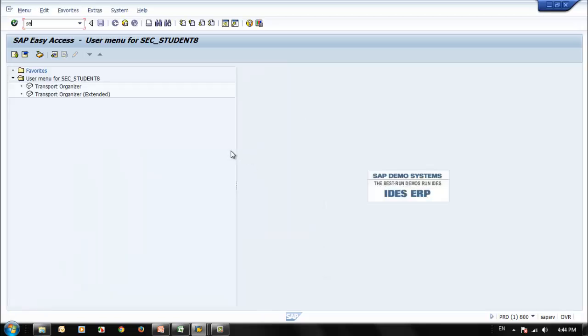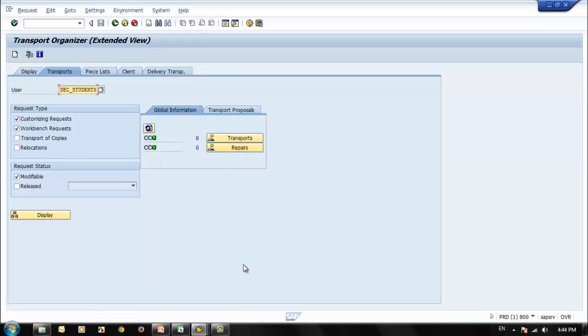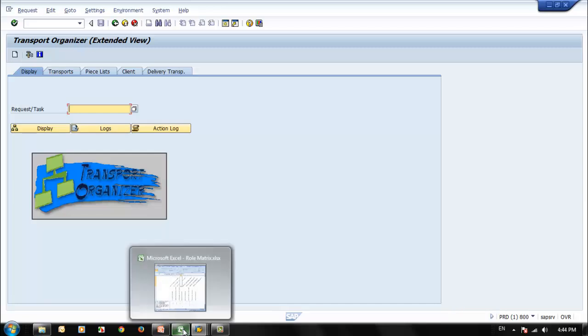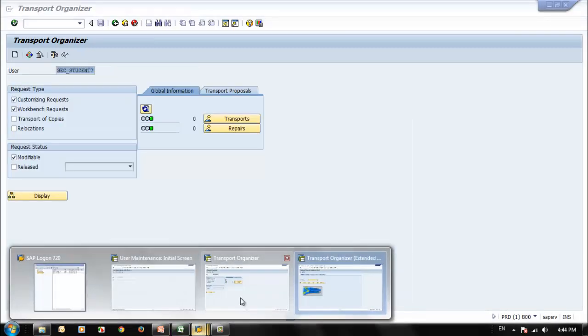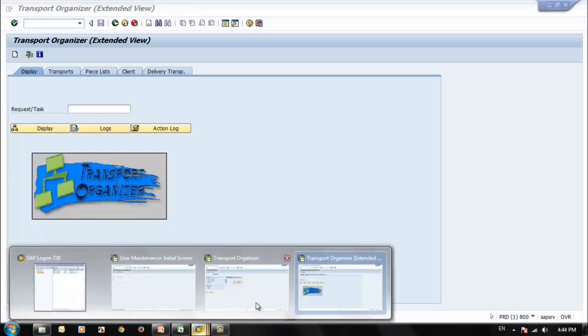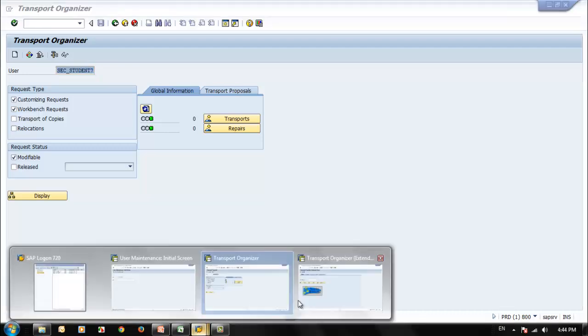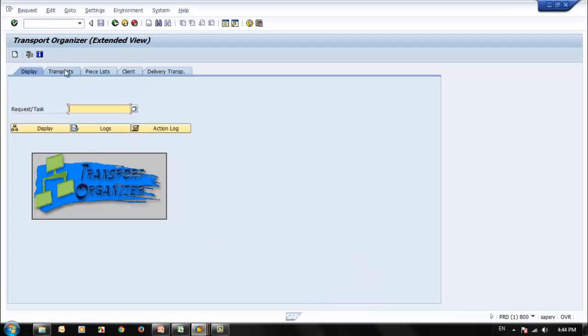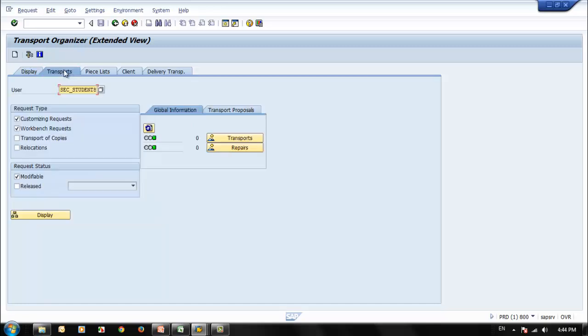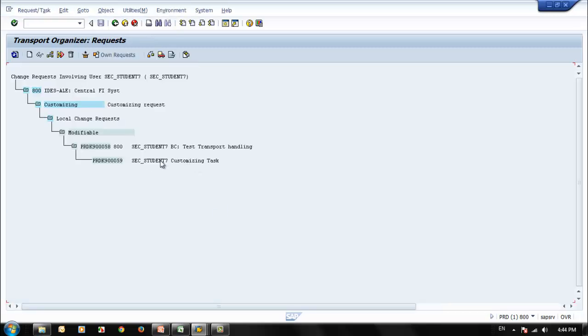Now you go to SE01 and go to the particular TR, but unfortunately I don't remember the TR number. What I can do is go here and say 7 and modifiable. Oh, this is the TR which is created by student 7. If you see, the TR always carries the owner of the TR. Let's select this and say release,